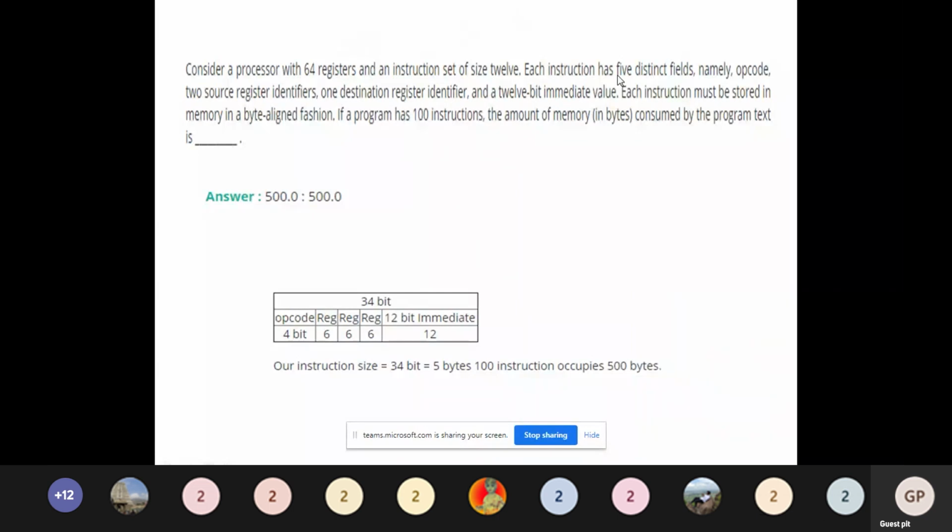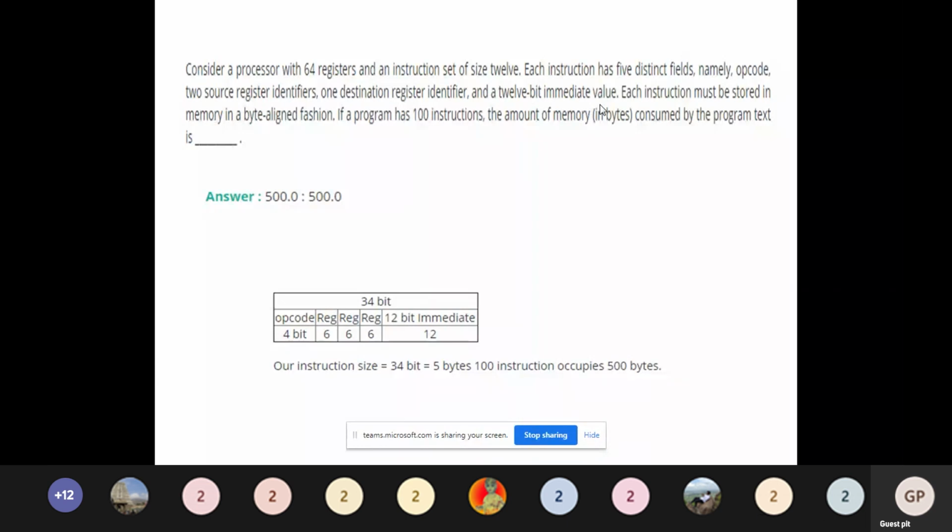Each instruction has 5 distinct fields, namely opcode, 2 source register identifiers, 1 destination register identifier, and a 12-bit immediate value. So one is the opcode, then two source registers, then one destination register and a 12-bit immediate value. The 12-bit data is given.